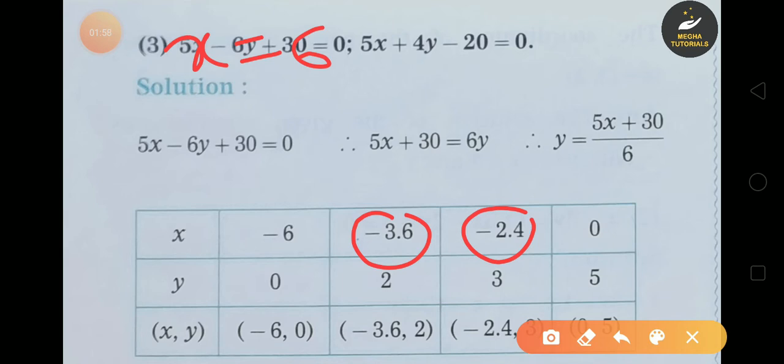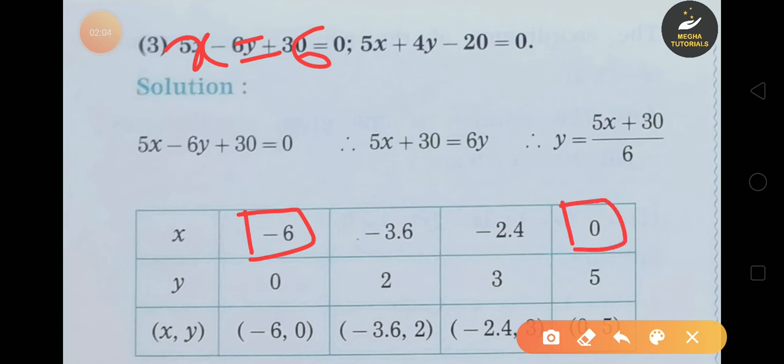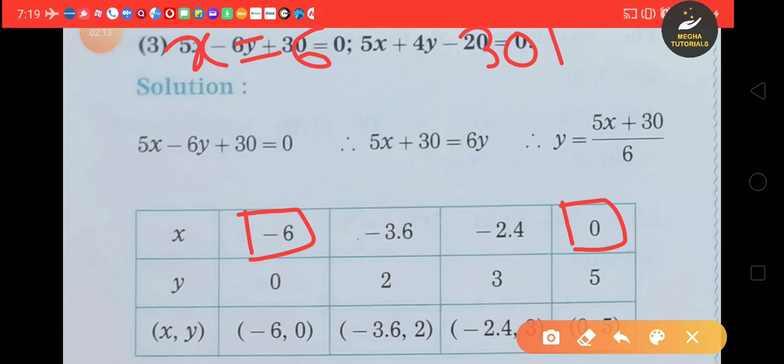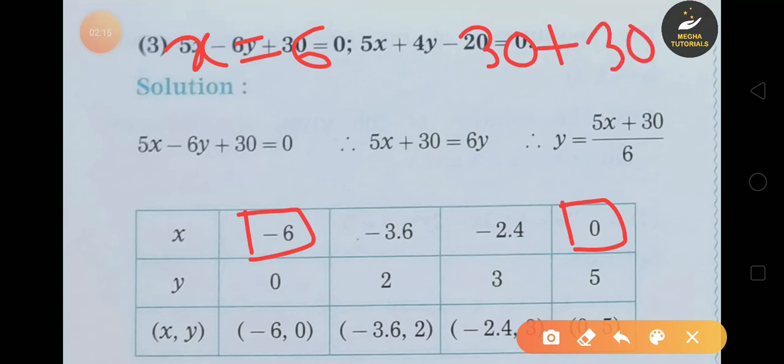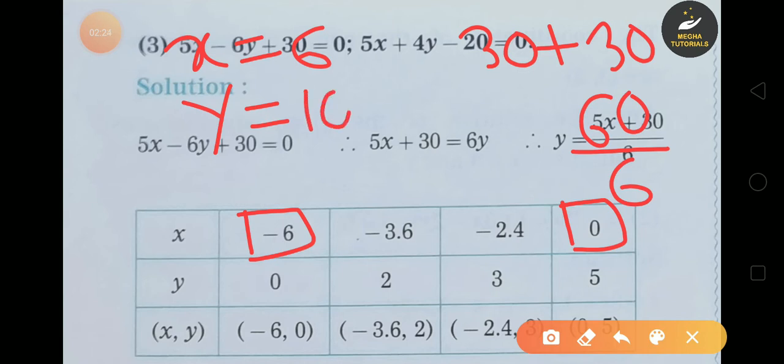For example आपका first value जो था वो -6 था, तो उसमें आपने 6 add किया तो 0 मिला. अभी 0 में मैं 6 add करूँगा तो मुझे 6 मिलेगा. तो I am taking next value of x is 6. So 5 6s are 30 and 30 plus 30, so you will get 60 upon 6. So 60 upon 6 is 10. So अगर मैं x 6 लेता हूँ तो मुझे y 10 मिलेगा and मेरा ordered pair रहेगा 6, 10. Okay. So this is my third ordered pair.